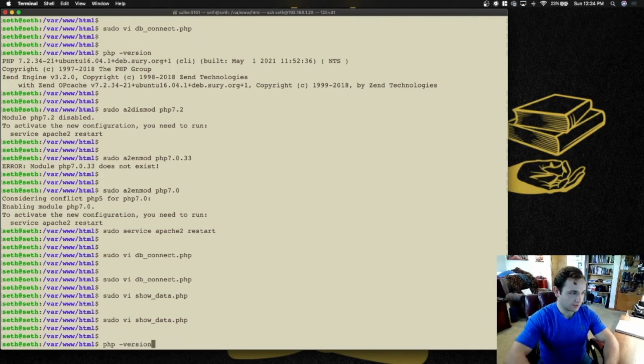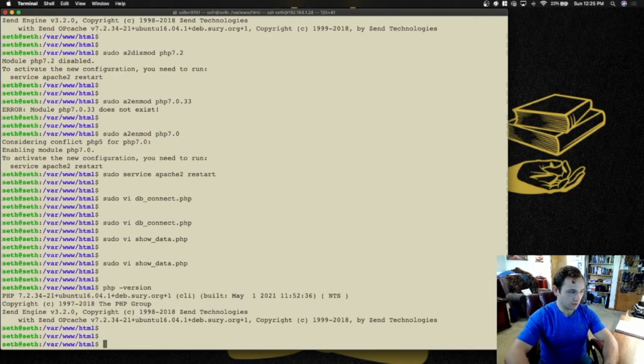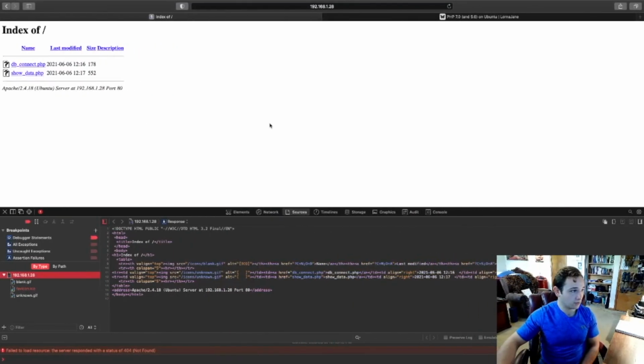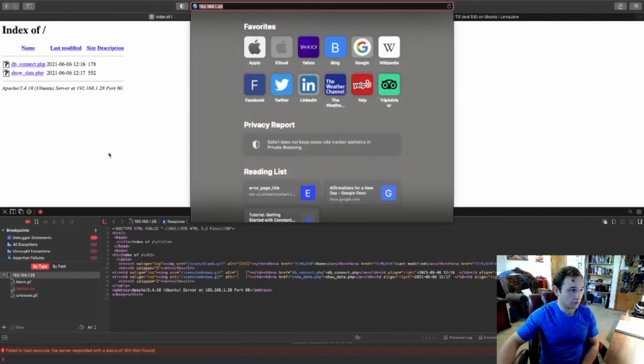Checking the PHP version, so you guys can see I was having some issues there for a second with the type of PHP that I was running, but as you can see, I'm running PHP 7.2 here, so as long as you're running this version of PHP or more up to date, then you should be good with all this PHP code. So now if we just pop out to a browser and go to the IP address of our virtual machine,